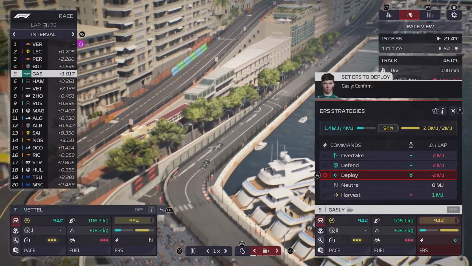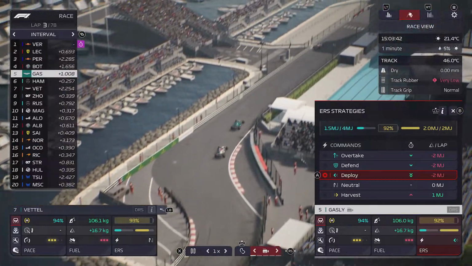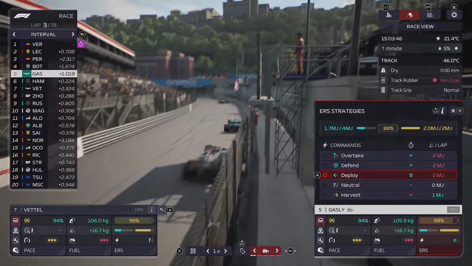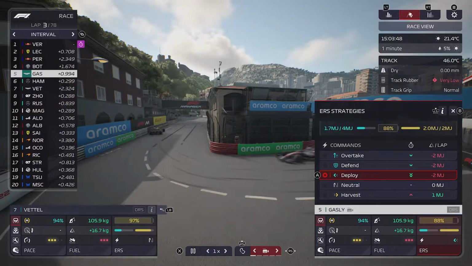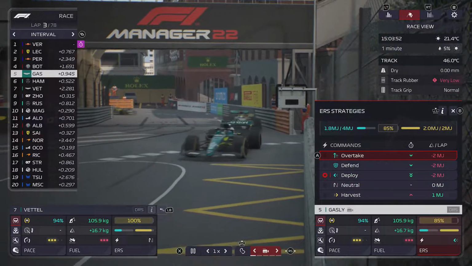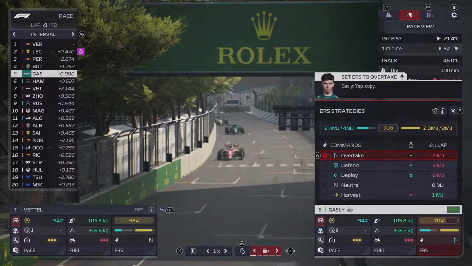The fortunate thing for me is that Bottas... Oh, no, Gasly. Come on, Gasly. Get back in DRS. Get back in DRS. Come on. I need you back in DRS, Gasly. Come on. We should be in range. There we go. So now we'll go up to deploy, because the good thing is Bottas is already out of...